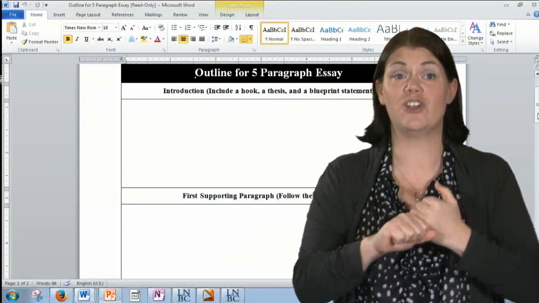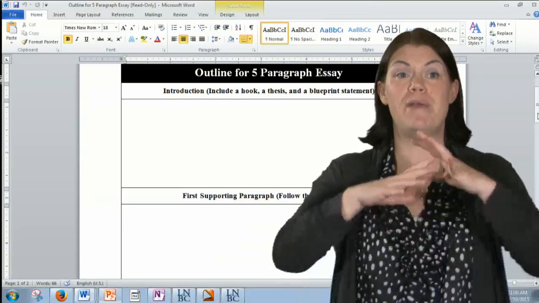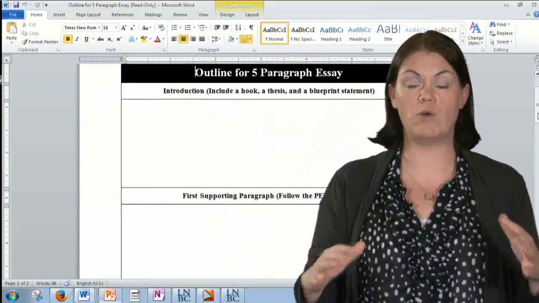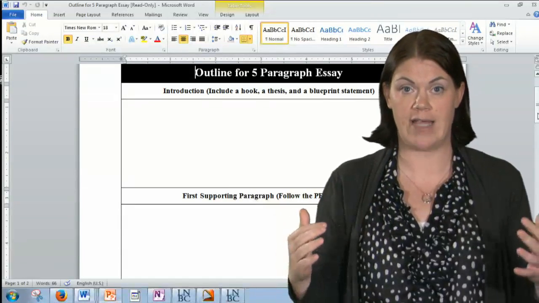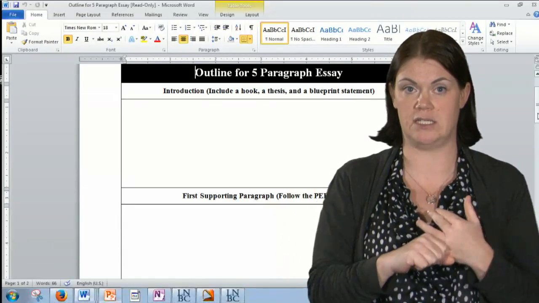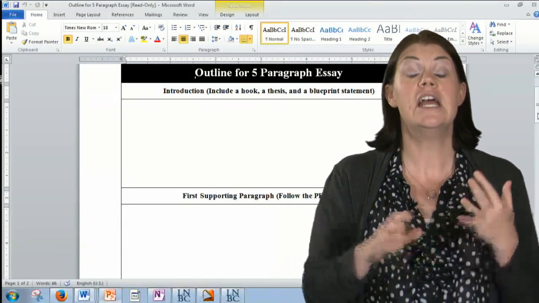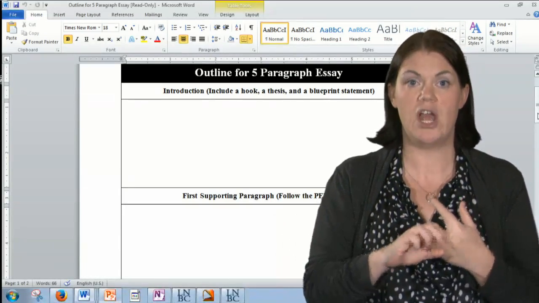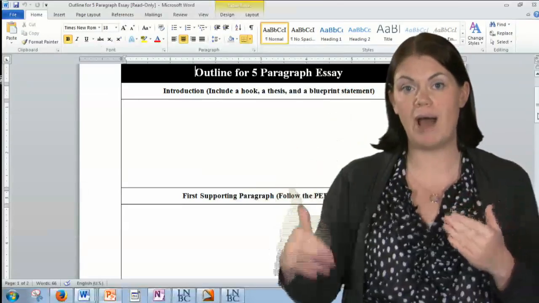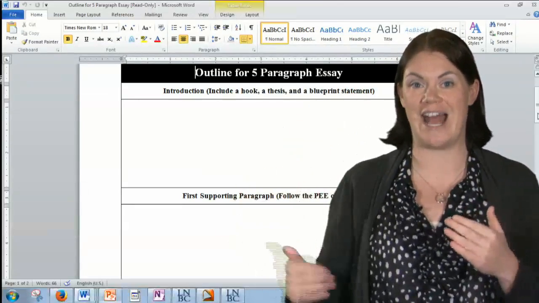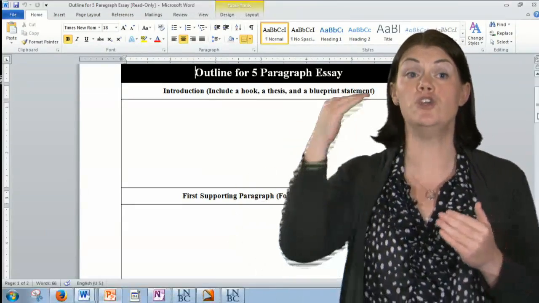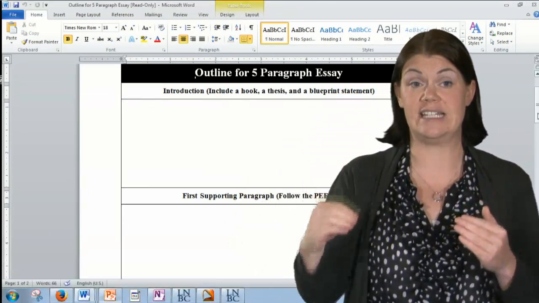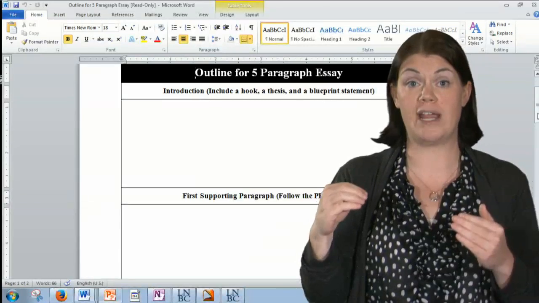Then you have to state your thesis statement, or your main subject, your main topic of what you're going to talk about throughout the essay. Okay, that's called a thesis statement. And then the third sentence is usually a blueprint statement. What are you going to talk about for the rest of your essay? Okay, so you can clearly see that in the sample sentences that I gave you in your breakout rooms.